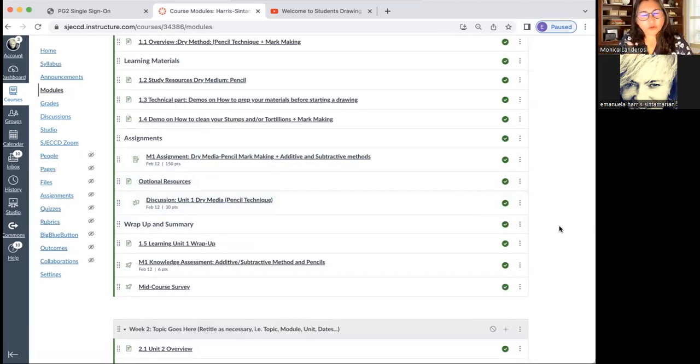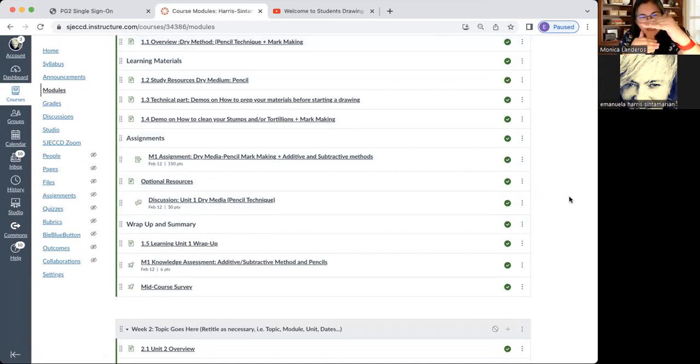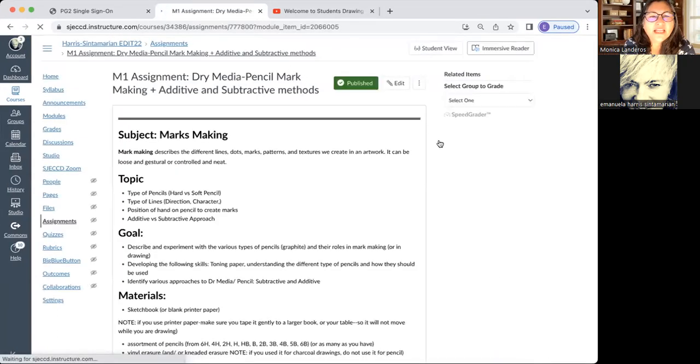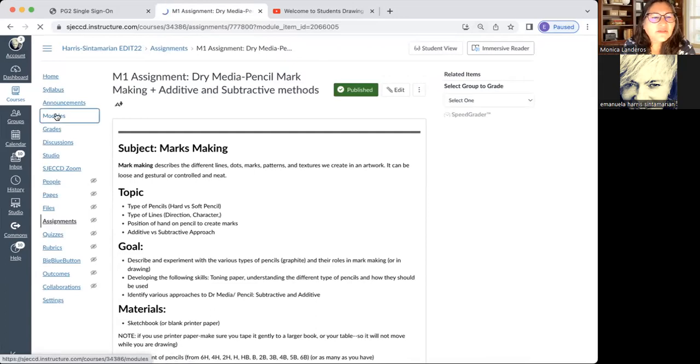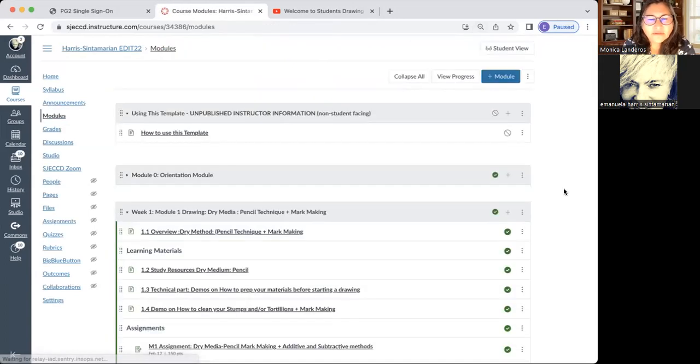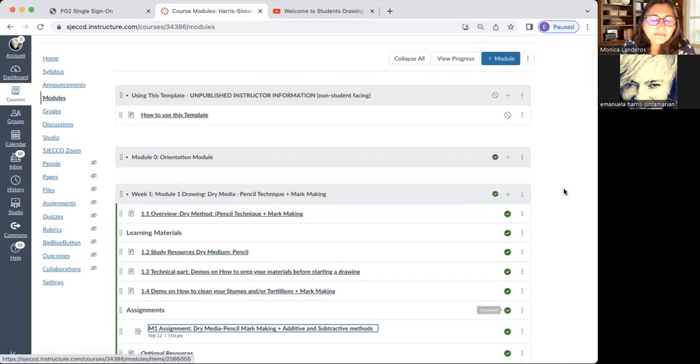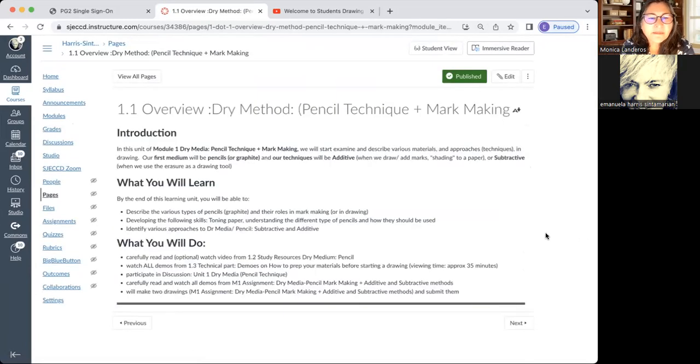Normally those are between 3 and 5, I think. But then we also have learning objectives that are unit or module or weekly learning objectives, and they have them within the assignments. Okay. So your overview page, if you click on that overview page, you can have them also. I have them all over the place, but the overview page is the main place where the reviewer, and it might be me, it might not be me,